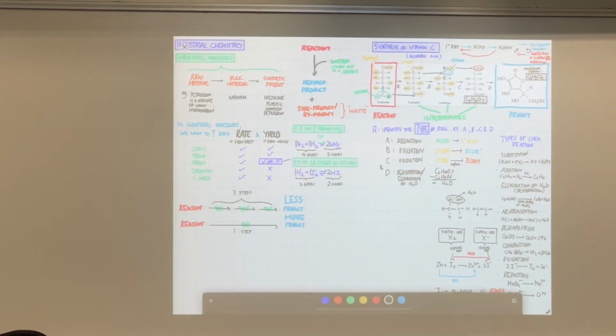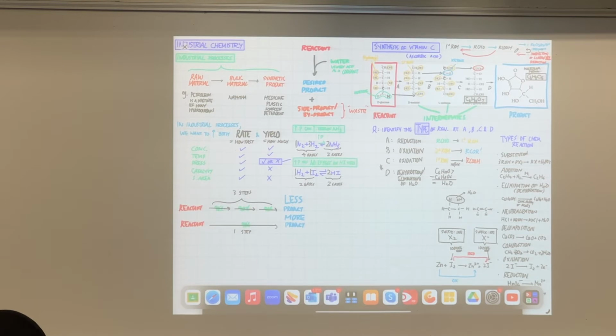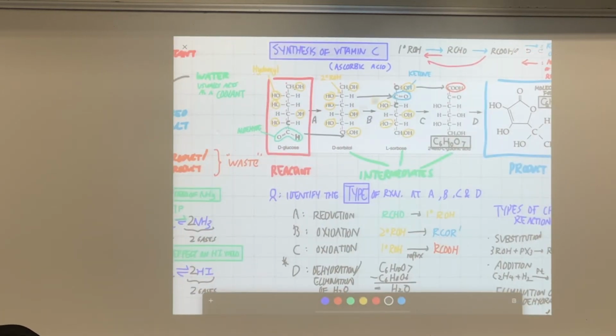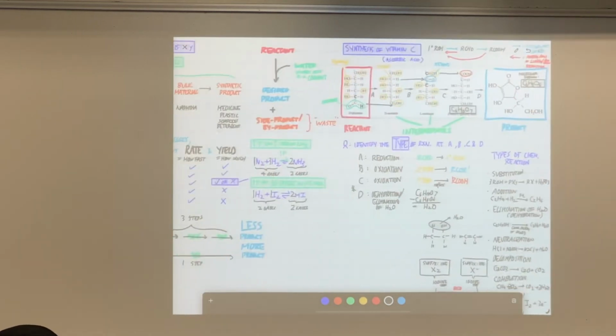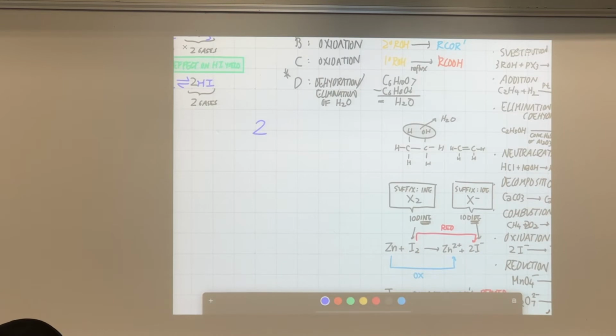So next up, you just have to know that there are two different pathways to make vitamin C. You see A, B, C, D, they are real steps that happen in an industrial plant. This is actually how we make ascorbic acid. It's not because I want to turn it into a question that I give you so many steps in between, but this is actually how we go from glucose to ascorbic acid in real life. And there are two ways to make vitamin C.